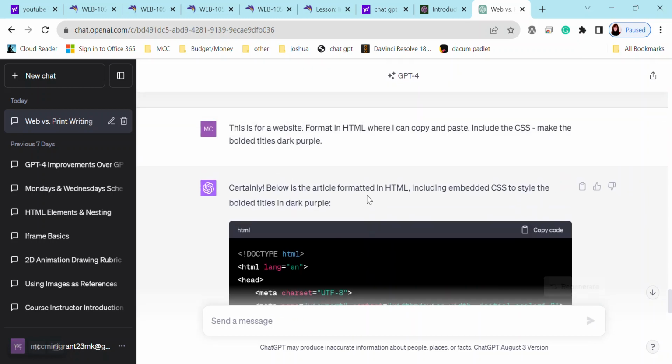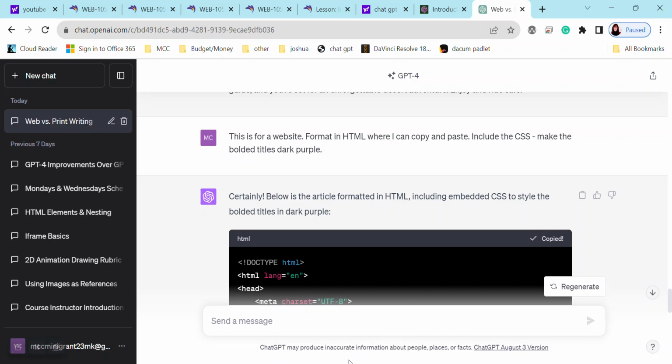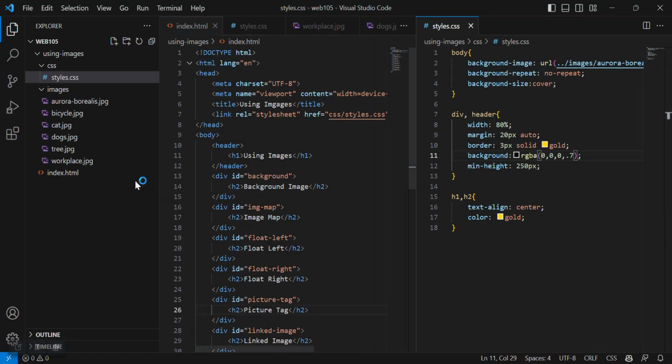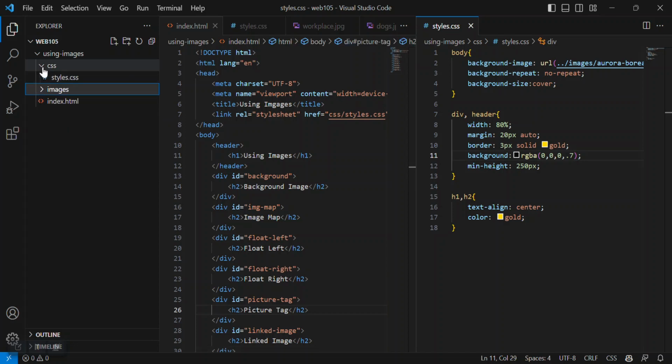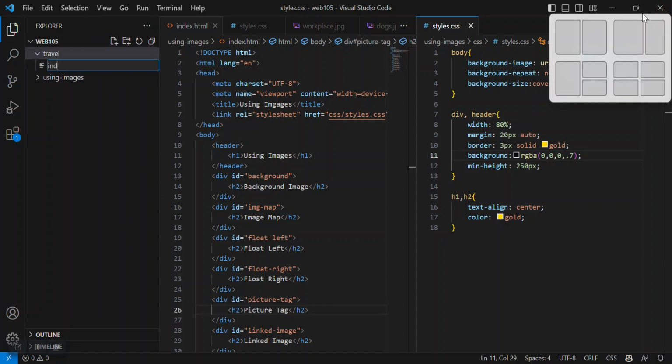And then you can copy this code, and you can go into Visual Studio Code. Now ideally you've got this page started ahead of time with images in that. So let me just add a new folder. I'm going to select the whole area here, add a new folder, travel, and we're going to add a new page. I'll make this index.html.